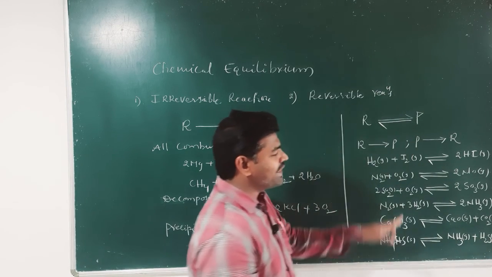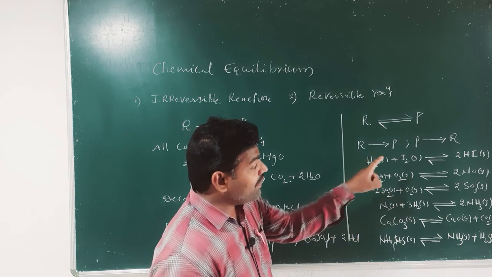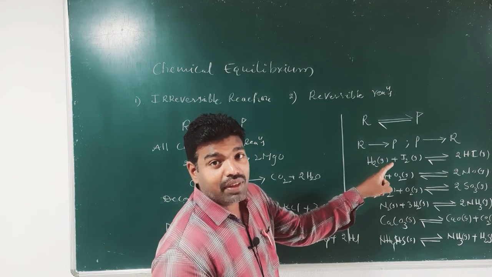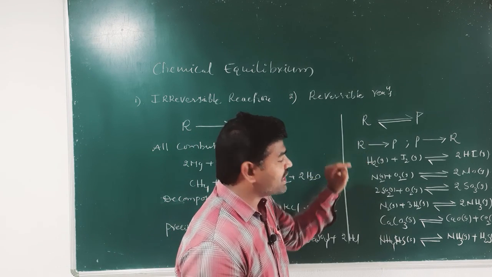So, these are the examples of reversible reactions in which equilibrium is established, because in reversible reactions